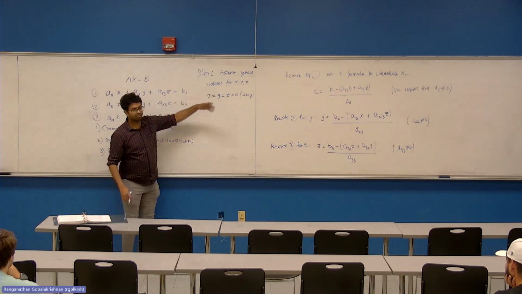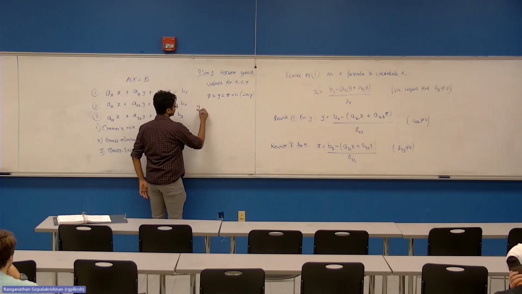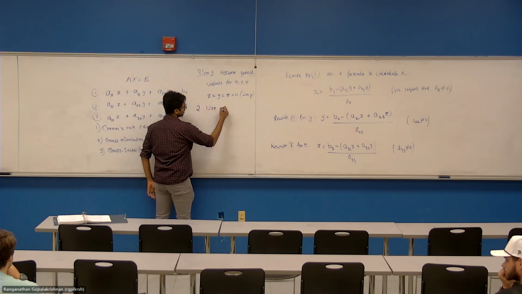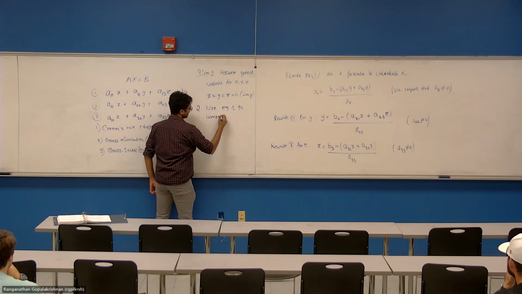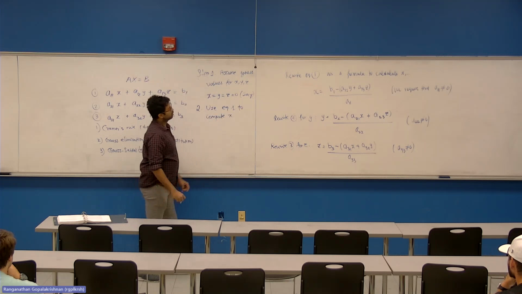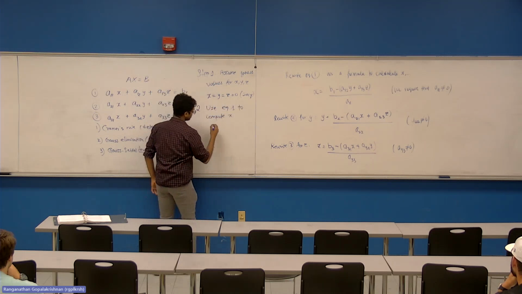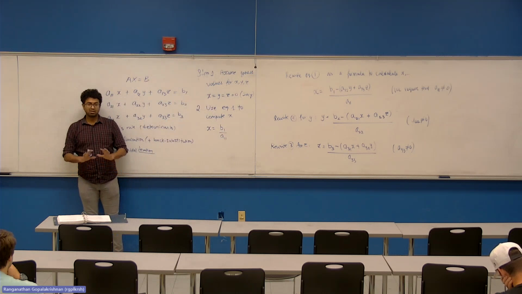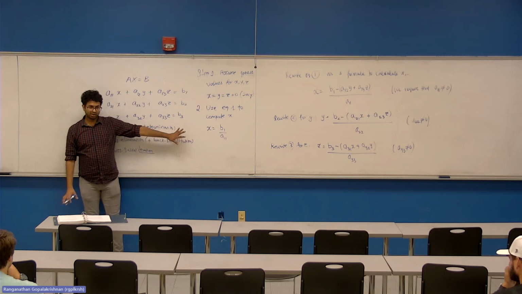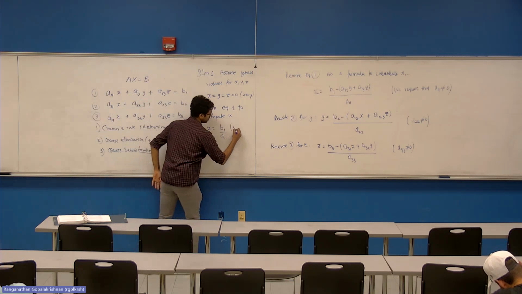So you've assumed some guess values for x, y, and z. Step 2, use equation 1 to compute x. So let's say I start with the guess value of y and z. I can use that to get x equals, in this case, b1 over a11. Okay, don't bother writing. I'll give you time. Okay, so you get an updated value of x,